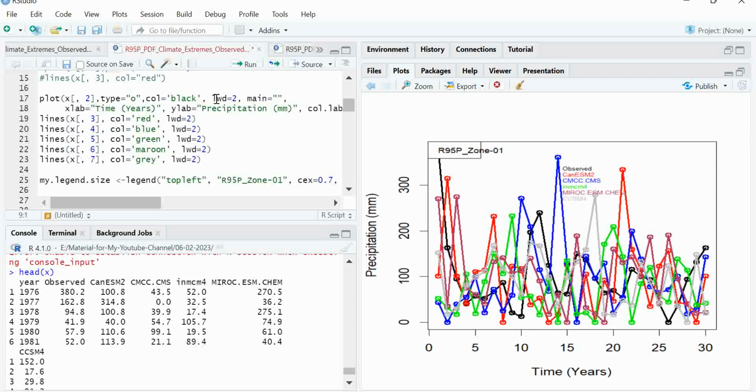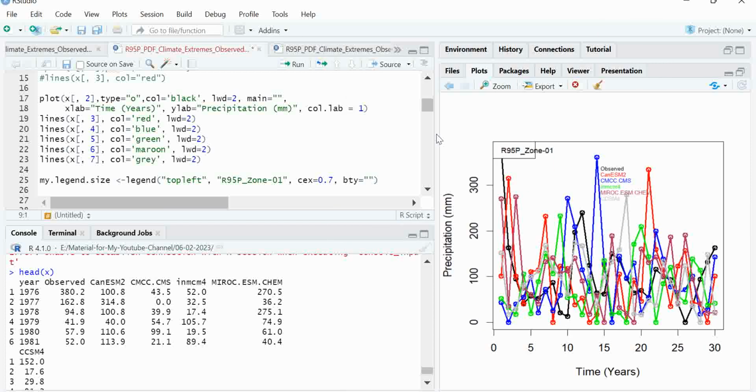So the first command is very important, and I will show you the whole command. What is this? Plot x, and then these brackets. So this is the subsetting for the second column, and I don't need to draw the first column because that denotes the years. You can see this here in this panel. So I'm drawing the first, this is observed data. I'm plotting this, and remember that